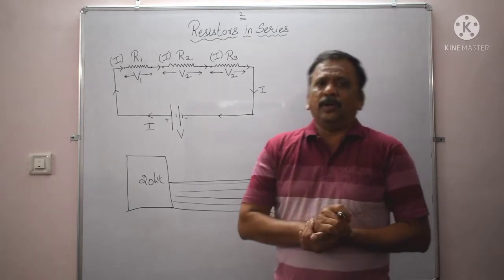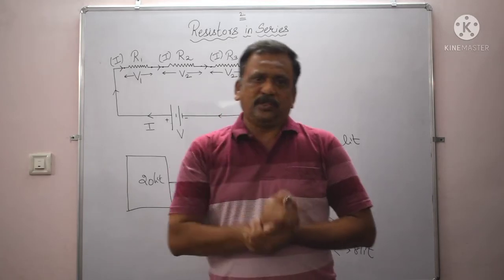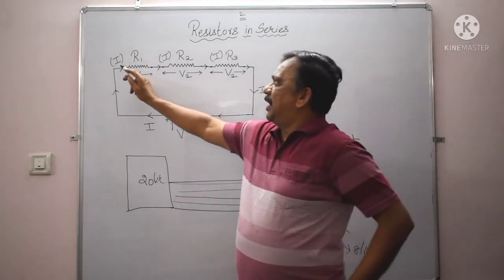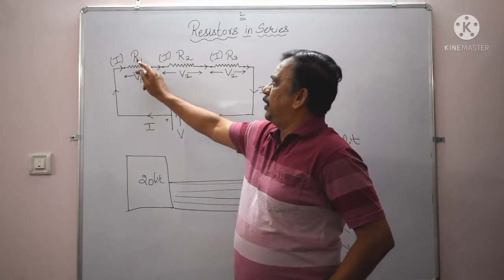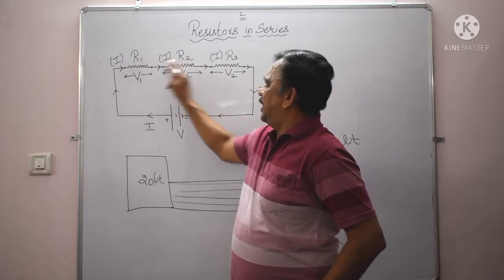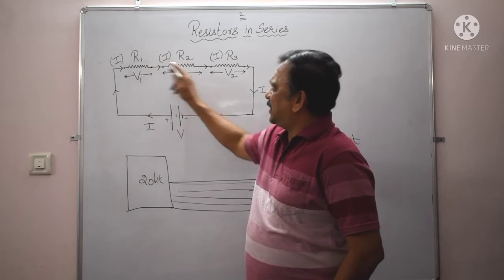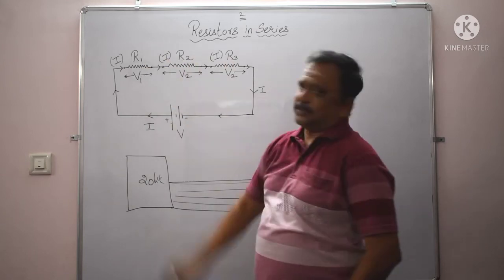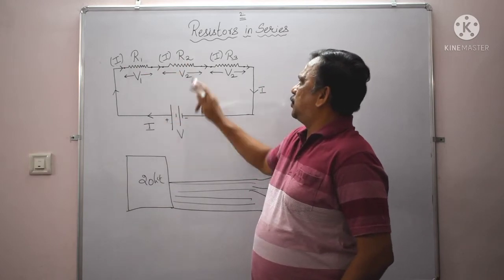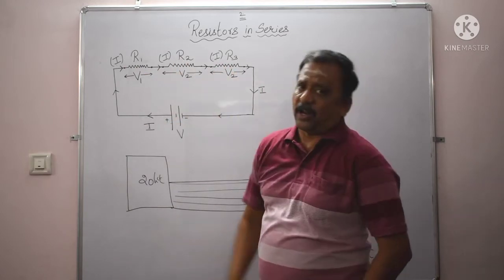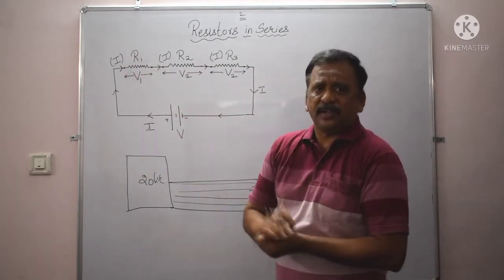Right. By Ohm's law, voltage is nothing but the product of current and resistance. So if I multiply the current flowing through the resistors R1, R2 and R3, in fact the current flowing through R1, R2, R3 is the same, I, which is equal to the current supplied by the battery. Now since the resistances of the resistors are different, the voltage across resistor 1, resistor 2 and resistor 3, or in other words the potential difference between the two ends of resistors 1, 2 and 3, will be different.